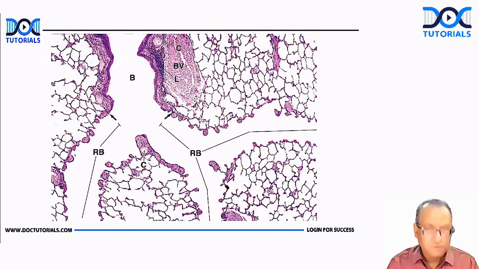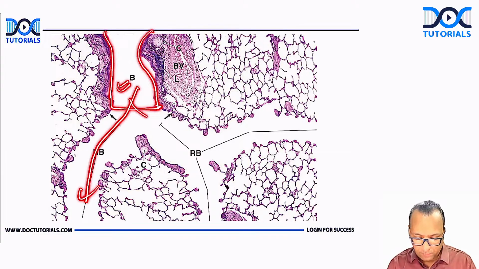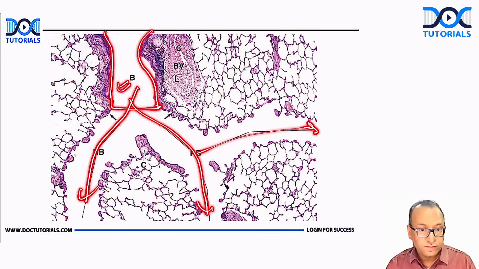So as you can see, this was the diagram given to us, and this was the arrow mark where we had, and that is basically terminal bronchiole. Terminal bronchiole becoming respiratory bronchiole now here. So as you see,